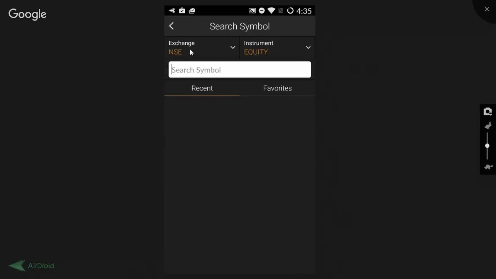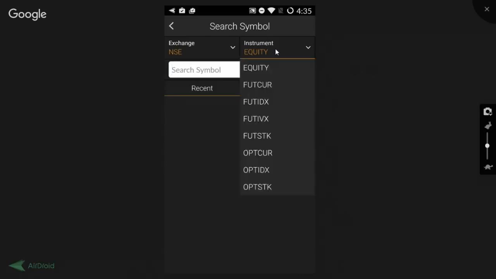So here we get to the exchange. We can select the exchange we want, whether we want for equity, that is NSE, derivatives NSE again. If we want it for currency, we just have to select NSE. The next is MCX. MCX is when we want to view it for commodity. BSE is for if you want to add scripts of Bombay Stock Exchange. So this is the NSE script that we'll add now. We get to segregate it instrument wise. So there is equity. So we'll add one script of equity first.